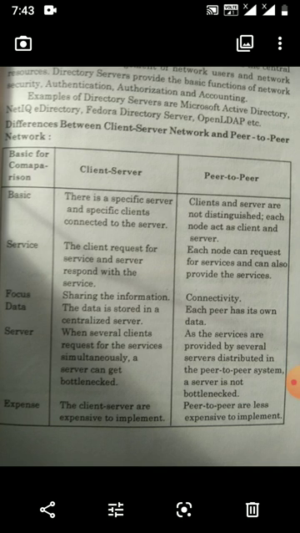What is the mail server? It is also like a file server. Mail servers are used to transmit emails using the email protocol. The most widely used email transmission protocol is SMTP, that is Simple Mail Transfer Protocol. What is SMTP? Simple Mail Transfer Protocol, which is used to transfer mail from any computer to any other computer, that